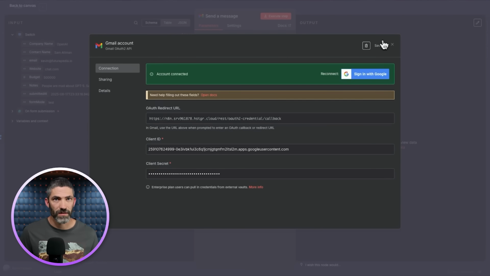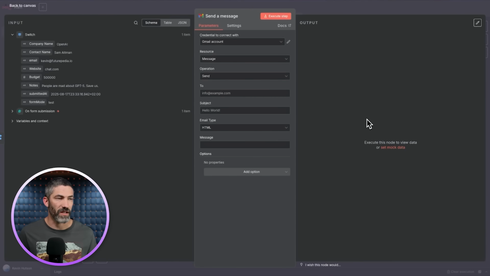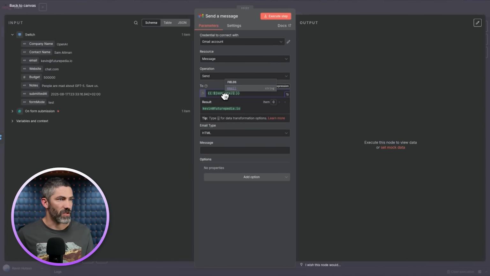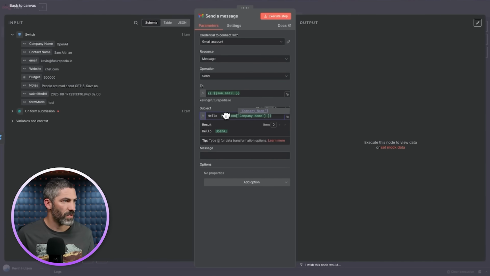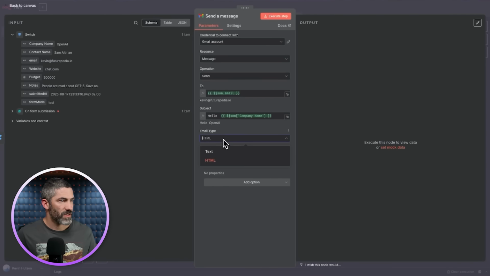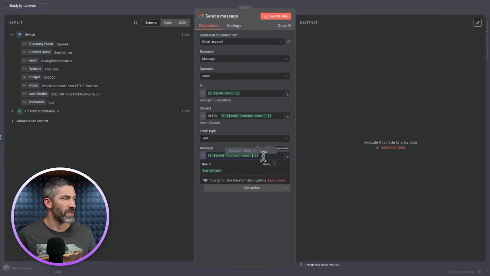Now that I've done that, all I'll need to do is just copy and paste that into those same fields for any of the other Google products when I set up the credentials. But now for the email this will be sent to, I'll drag in the email box from the input. Now that will change automatically to whichever email was submitted on the form. Can do something similar in the subject line, hello company. I'll do email type text. Then I need a friendly message, so I'll bring in the name field, and we can see it fills it